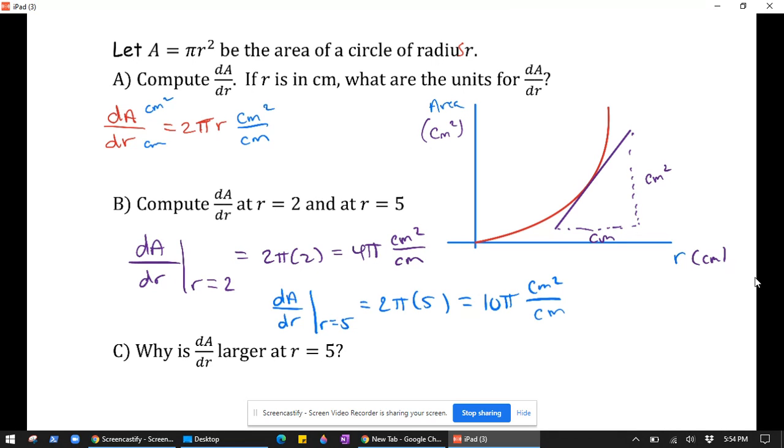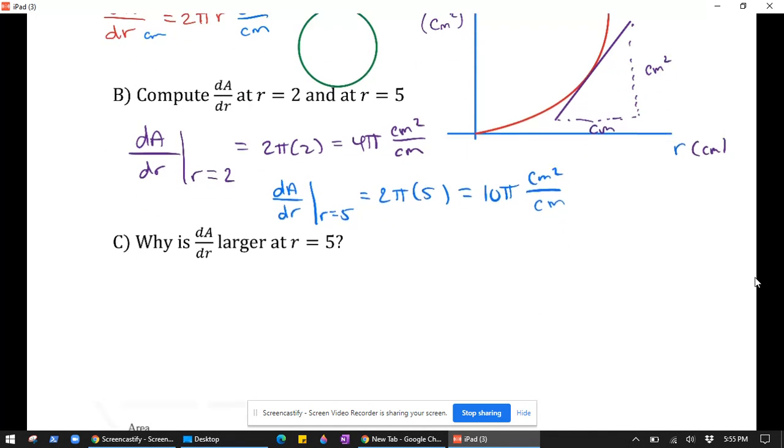centimeters squared per centimeter. I think the other thing I should have mentioned is you notice that dA/dr is 2 pi r, which is the formula for circumference. And that should make some sense to you because when a circle is growing, at any instant, its area is increasing. Well, in the limit, infinitesimally, it's increasing by the circumference amount. You can imagine just every instant layers of circumference kind of accumulating. So it makes sense that that's the rate of change,